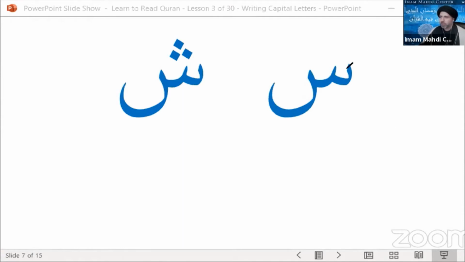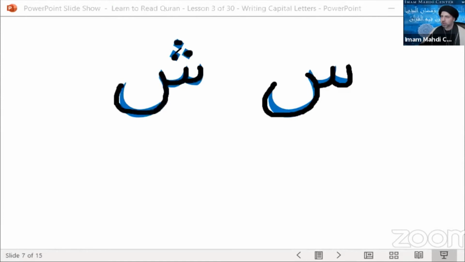And we're going to start by tracing them. And to write the sin and the sheen, it helps to know how many curves we're drawing. So we have two small curves here and then one big one at the end. So we have 1, 2, and then the third big one. And we'll do the same thing with the sheen. The first curve, the second curve, and then the last one is a big tail, and then we have 3